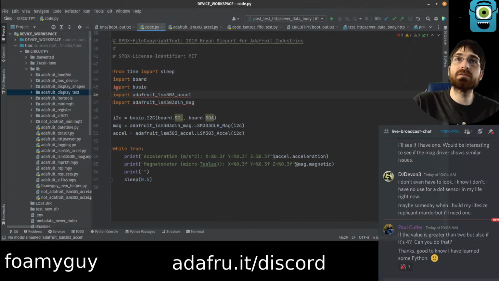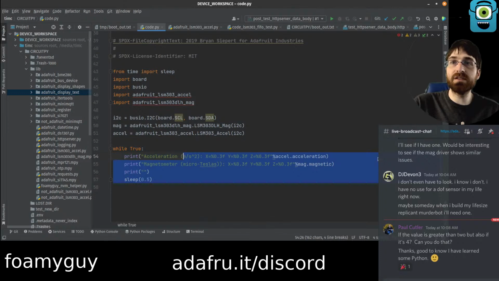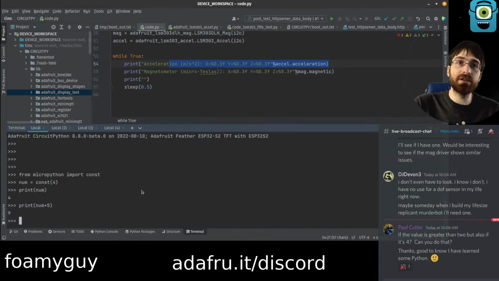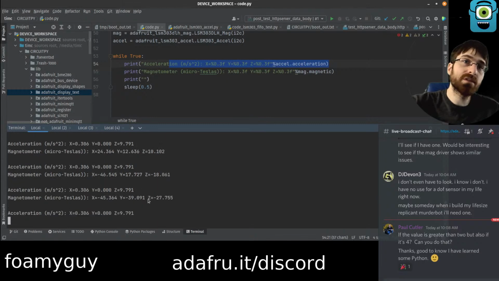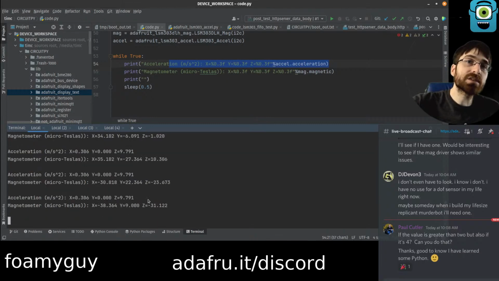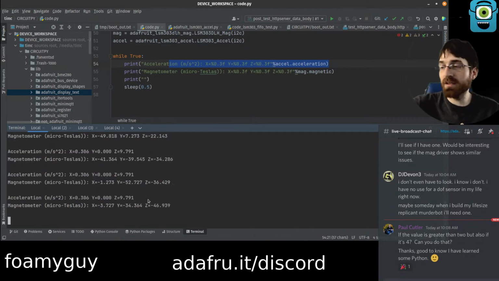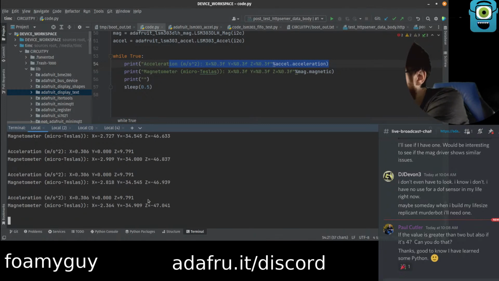Okay, so now I am going to just power down, reset, and see. My hypothesis is we will start getting different values for acceleration after I do that. Right now, we're still getting the same ones: 03306, 000, and 9791. That's the value we're getting every time, and I am picking this up and turning it around. Magnetometer is changing. What I'm going to do is unplug the feather,